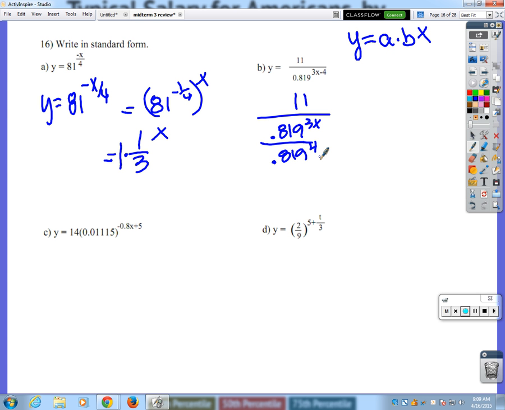Make sense? We're going to do that eventually. No, it's just 4, because you would subtract the exponent and it would make it 3x minus 1. Okay. So what do you do when you're dividing a number by a fraction? Inverse. So we're going to do 11 times